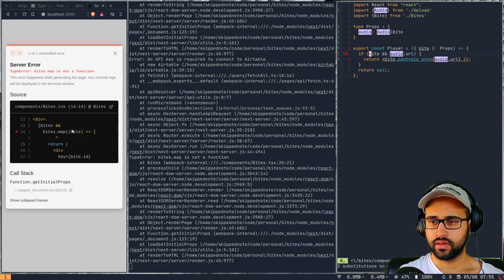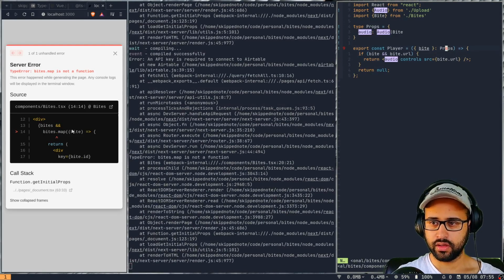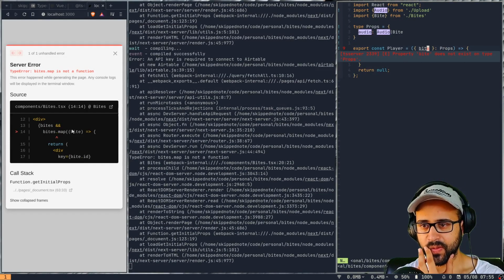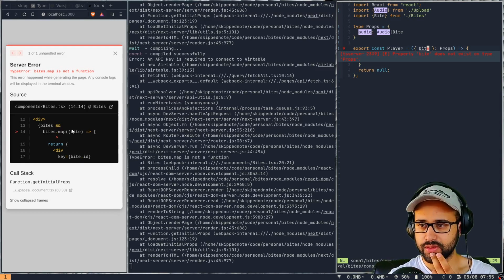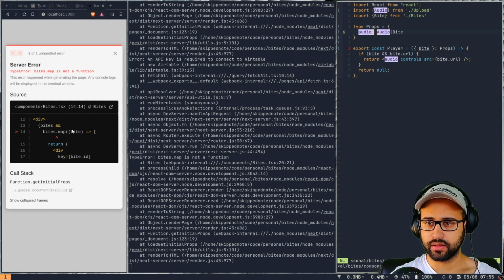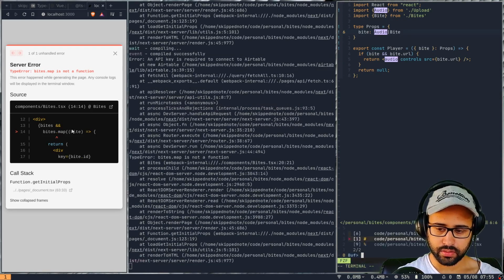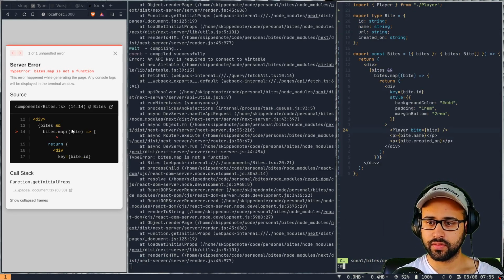Right, so this would be byte dot audio, this would be audio, and this would be byte dot URL, right? So this should be fine. And what is this? Property byte doesn't exist on type props. Okay, yeah, it should be audio as well, right? So if I go back to this, I think it should be fine now.